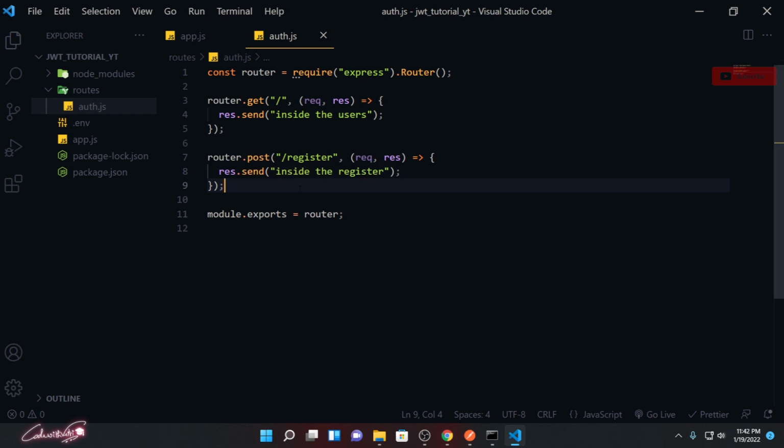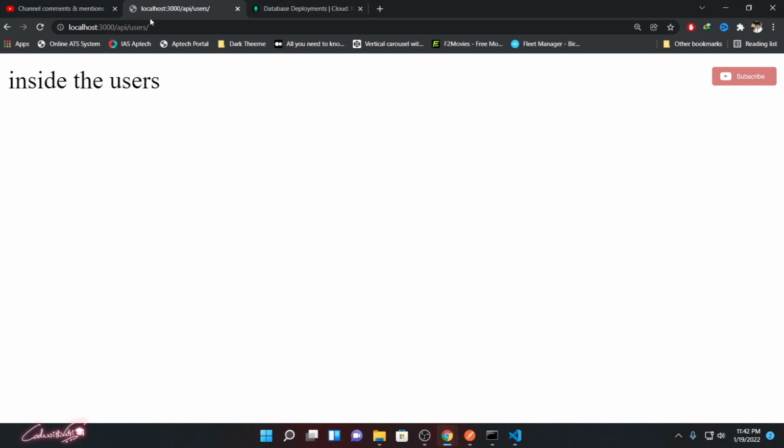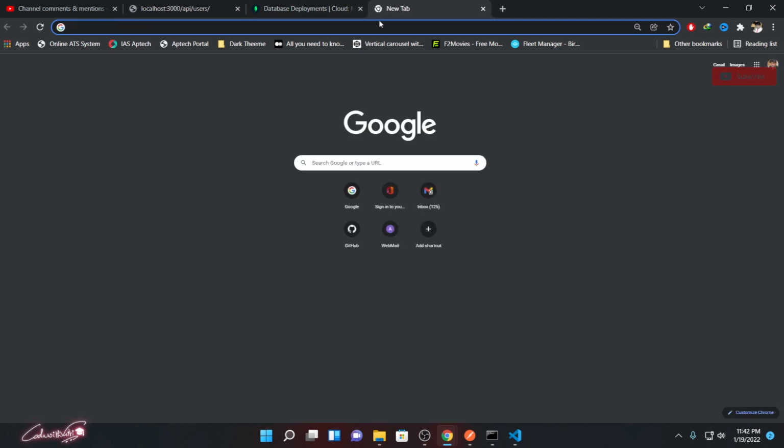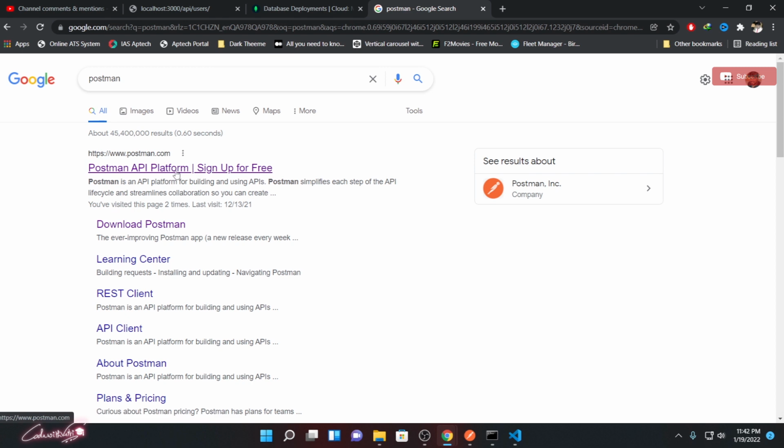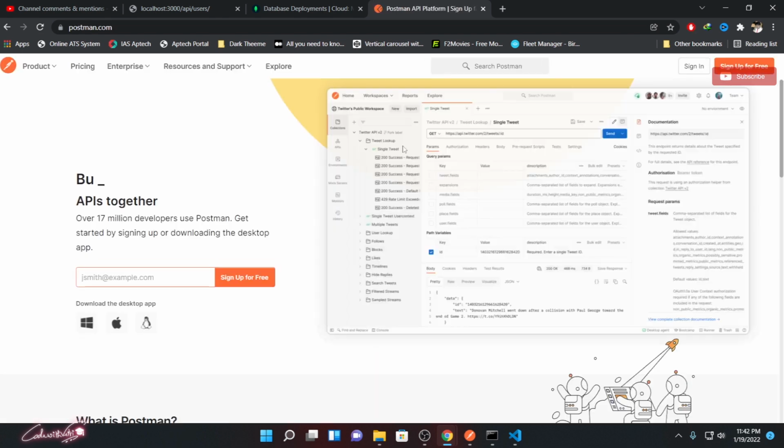Now every time I can't go and type users over this URL and change it, and to send form data and all those things, I need to create an actual form. To test all these APIs, whether they're working fine or not, I'm going to use a tool called Postman. This is really useful to check whether your API is up and running fine.